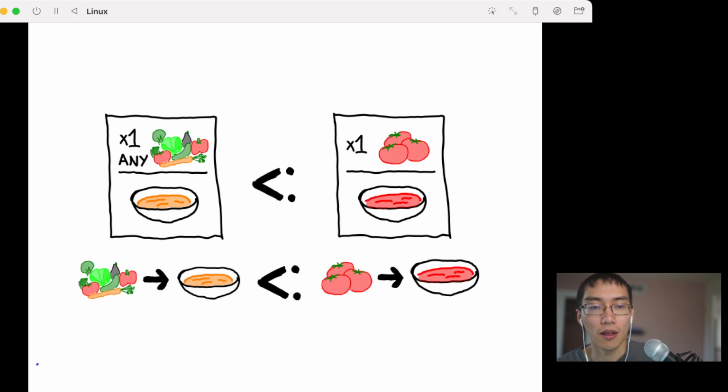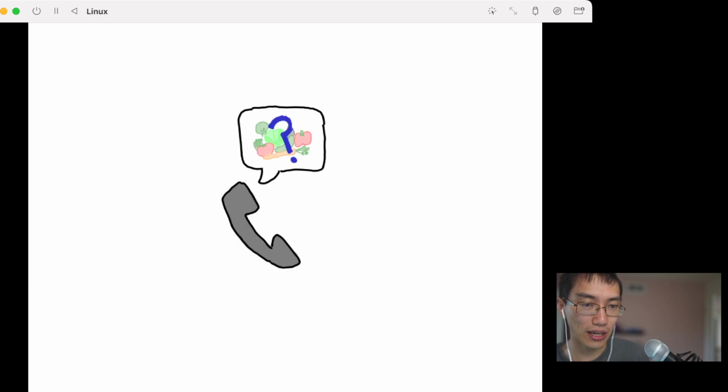So what I want to say is that the vegetable recipe is a subtype of the tomato recipe. That is to say, in any situation where you needed a tomato soup recipe, you can use the vegetable soup recipe instead. And to understand why that's the case, let's imagine you've got some tomatoes in the house, and you need a recipe for them. So you call up your friend and you're like, hey, I need a recipe for